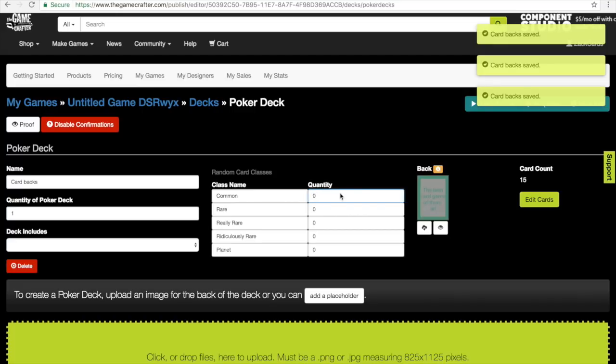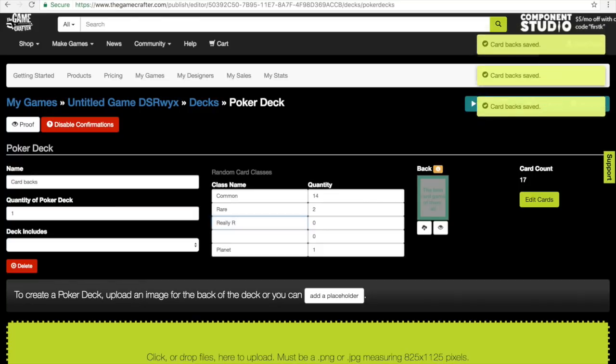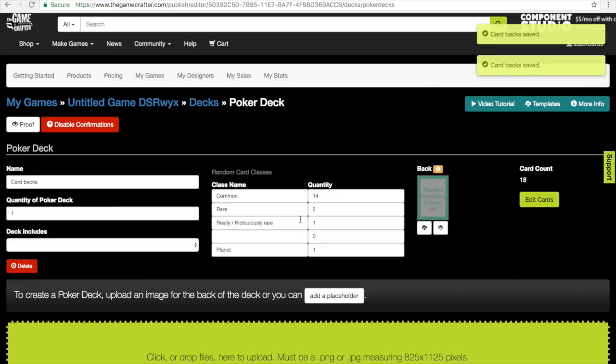Okay, so what I do for Chaos Galaxy cards is I have 14 common cards in every pack, 2 rare cards, I then have 1 planet card, and sorry, I'll just change this to explain things because a lot of people have actually asked me how I set out the really and ridiculously rare cards. So the way I set this, because